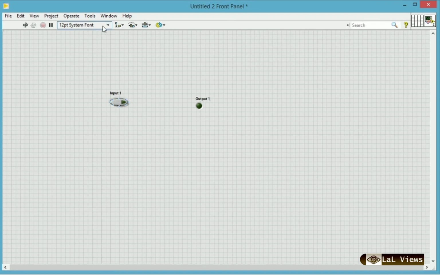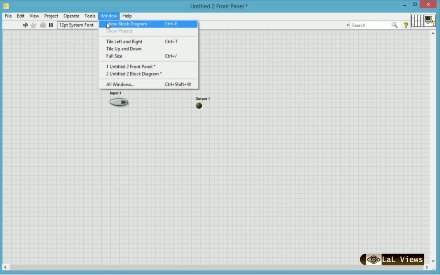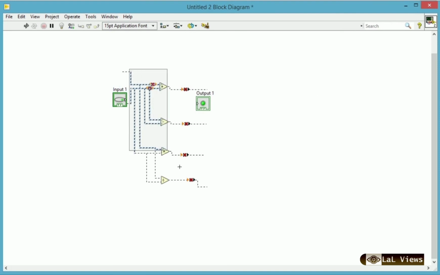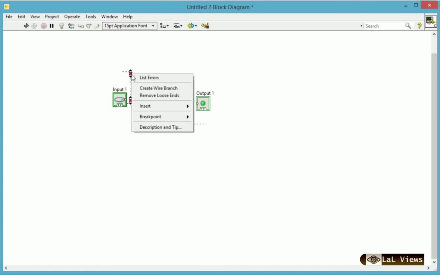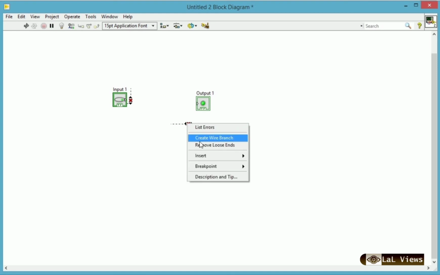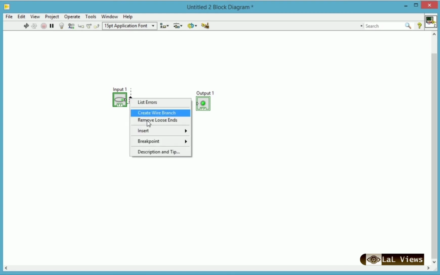Okay. Now moving to the block diagram window. See the unwanted wires, we can delete these unwanted wires. Okay, now I'm directly connecting this push button switch to the output LED, and we can check in the front